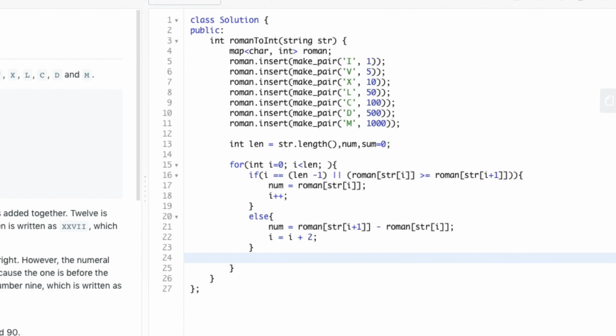And finally, we add the value of num to sum. And after finishing the loop, we return the sum value.